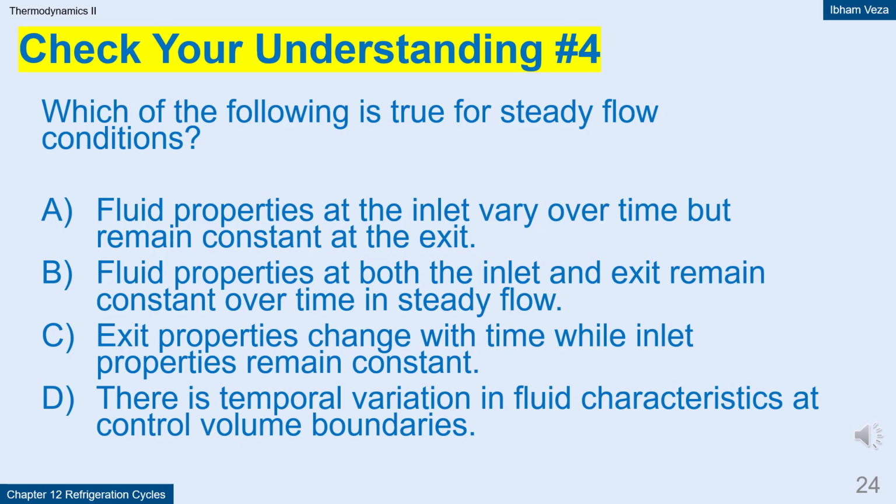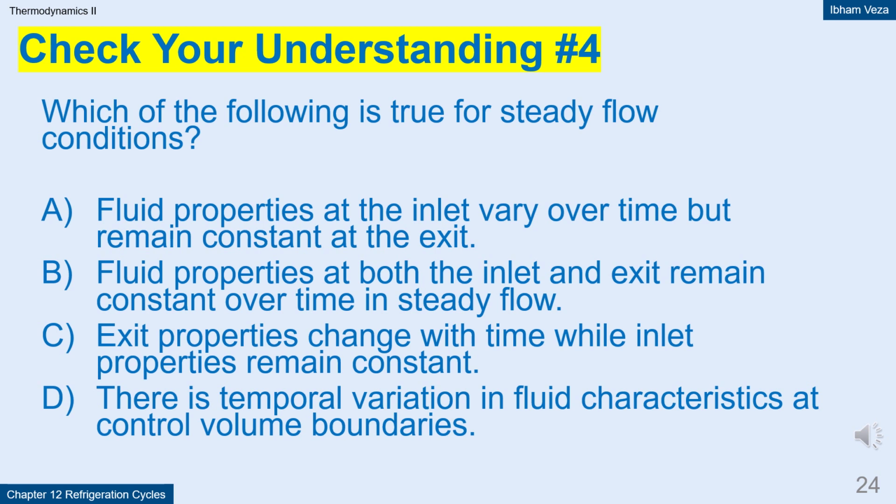Answer: B. Fluid properties at both the inlet and exit remain constant over time in steady flow. Explanation: A. Fluid properties at the inlet vary over time, but remain constant at the exit. This is incorrect because in steady flow, fluid properties at both the inlet and exit remain constant over time. B. Fluid properties at both the inlet and exit remain constant over time in steady flow. This is the correct answer because in steady flow, the properties at both the inlet and exit do not change